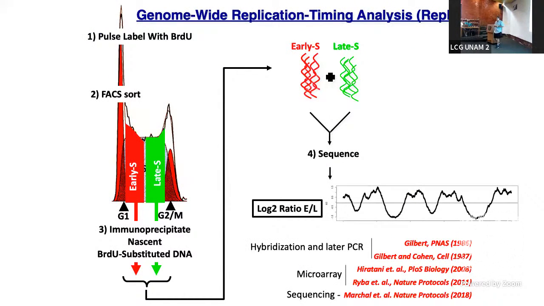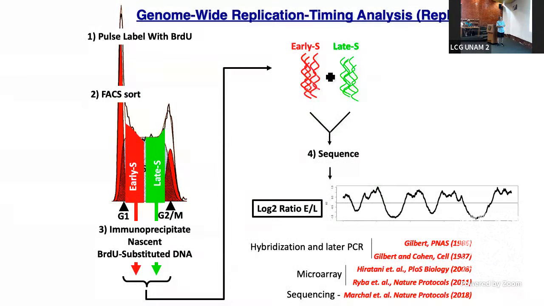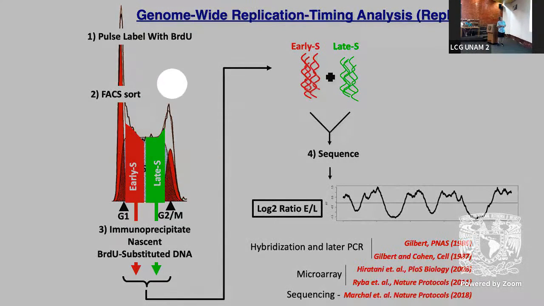So I went on during graduate school to develop a method to measure molecularly replication timing. And I wanted a method that I could apply to any cell type, independent of synchrony methods or other individual idiosyncrasies of particular cell types. So what I came up with was to pulse label cells with bromodeoxyuridine, just like I used in the last slide with antibodies, but then to stain the cells for DNA content and take them to the fluorescence activated cell sorter. When you stain for DNA content, of course, you get a large peak of cells in G1, and then cells with increasing DNA content that are in S phase, and then another peak for cells that are in G2 and M.